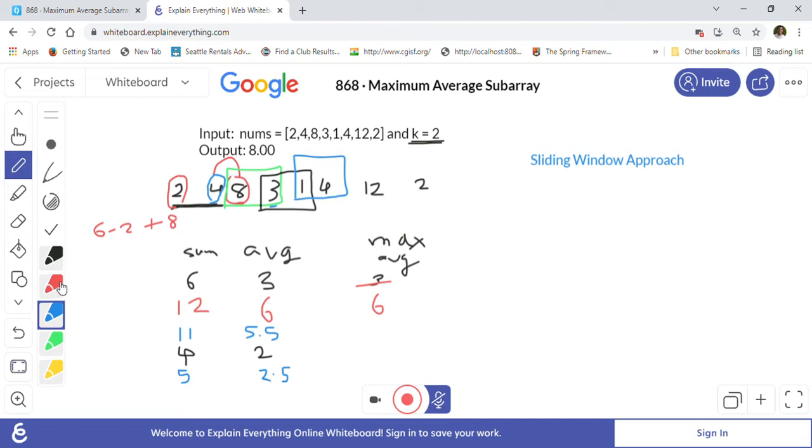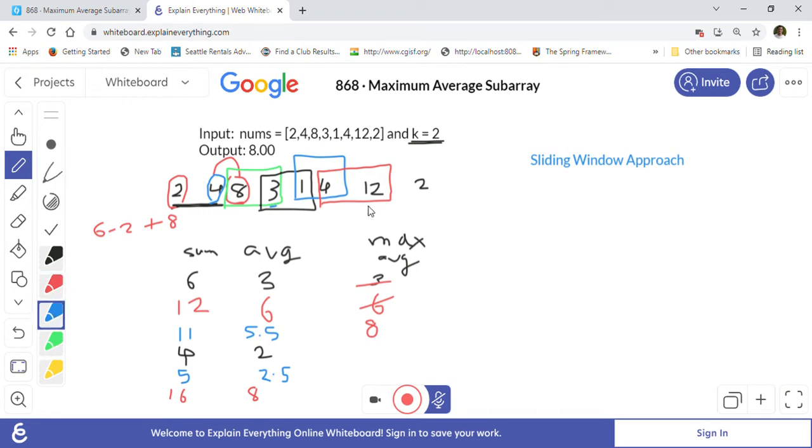So now we are going to move our sliding window. So now our window will move like this here, right? Again the next element will come into the window, and 1 is out of the window now. So we will subtract 1 from the current sum and we will add 12 into the current sum. So 5 minus 1 is 4, and 4 plus 12 is equal to 16, our total right now. 16 divided by 2 is 8. So now we will update our max from 6 to 8 because 8 is more than 6. So this is our new max.